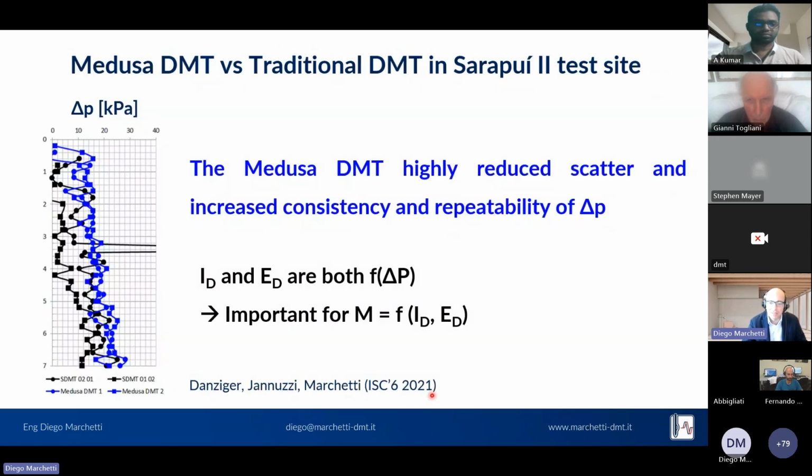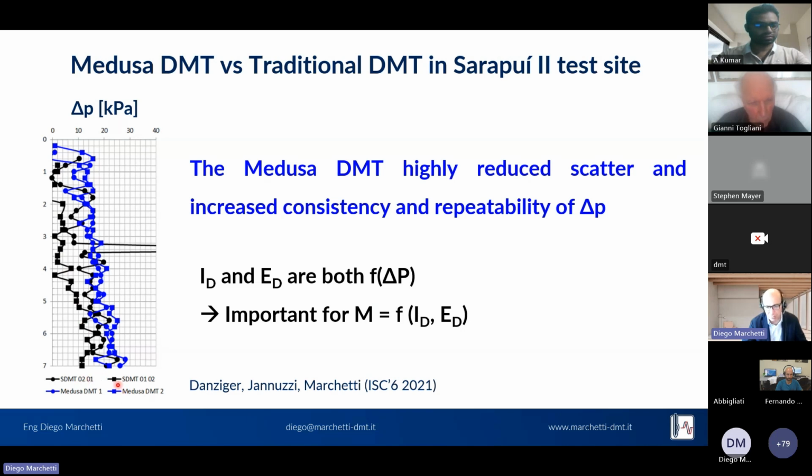Nicely, in 2018, I returned personally there to do the test with one of the first prototypes of the Medusa DMT, which highly reduced the scatter and increased the consistency and repeatability of delta P. I'm not going to plot P0 and P1 because they were right on top of each other, but delta P was also very consistent compared to the blatant inconsistency of the delta P of the two tests performed with the